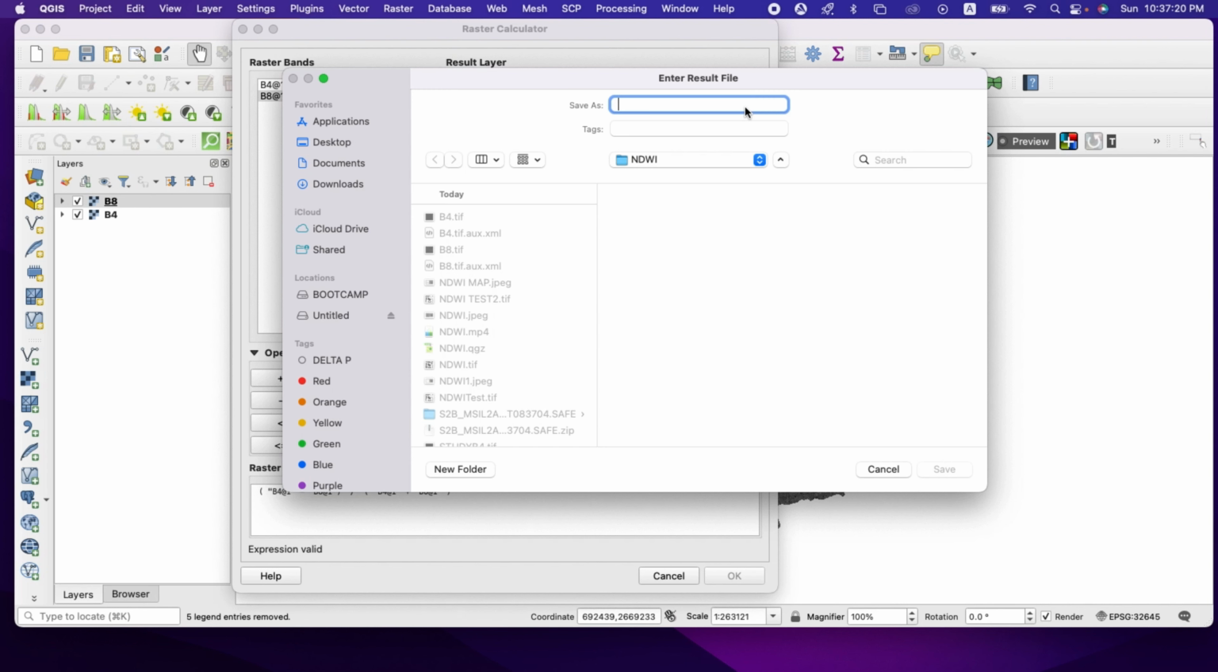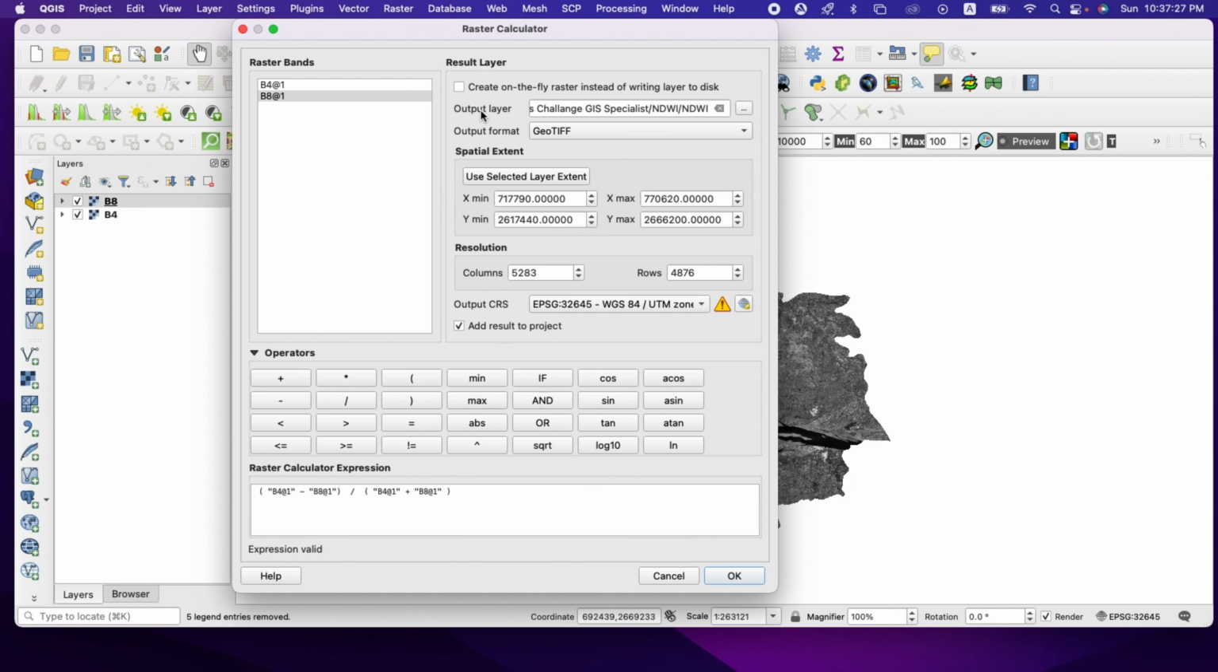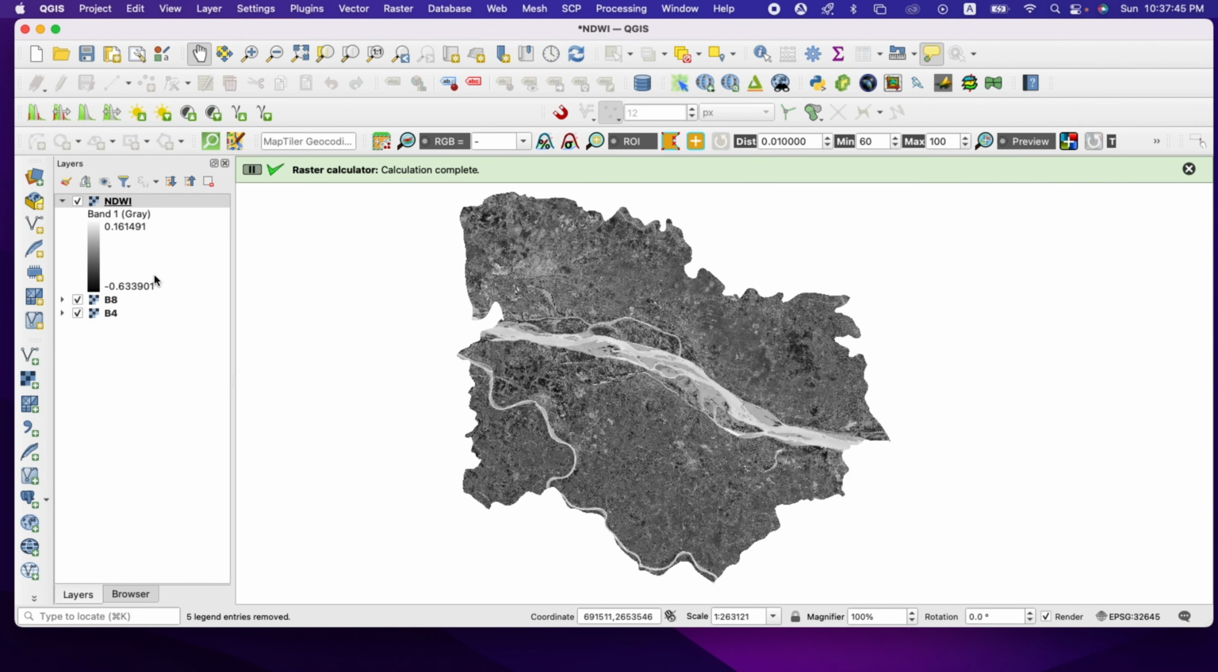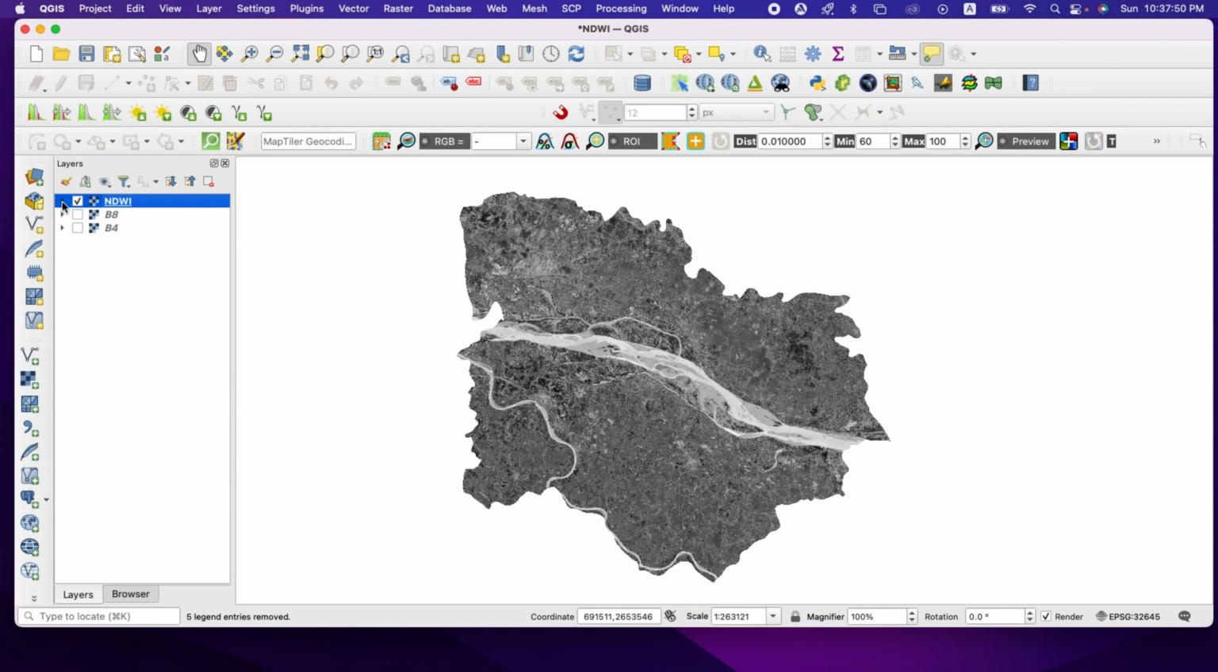That would be the name NDWI, and we can save it, and we decide the folder name. Now we can see that the button is active and the expression is valid, so we can click OK, and it calculates the raster expression for the NDWI. Here we basically don't need these two, and we can see the values here, minus 0.63